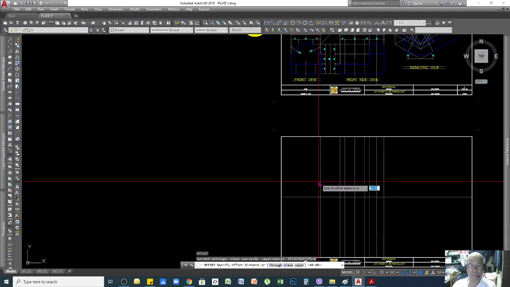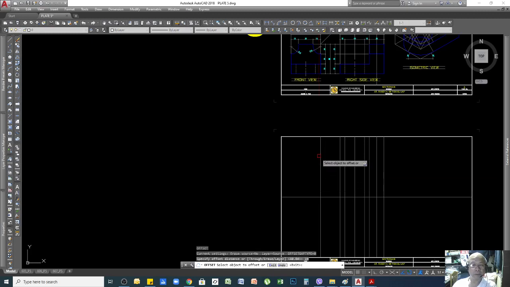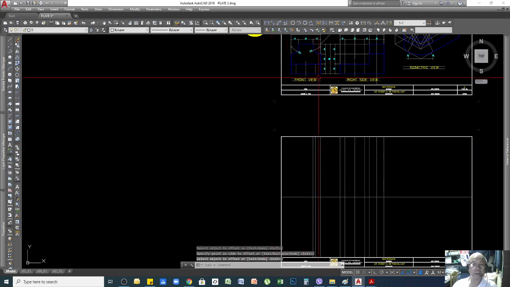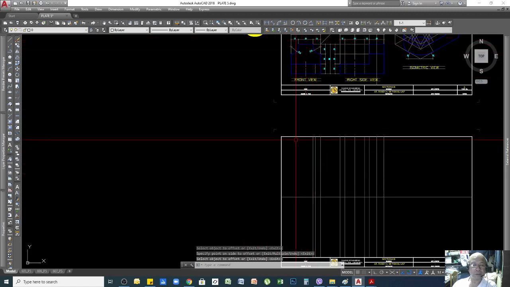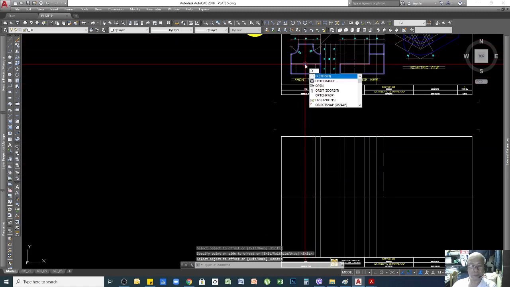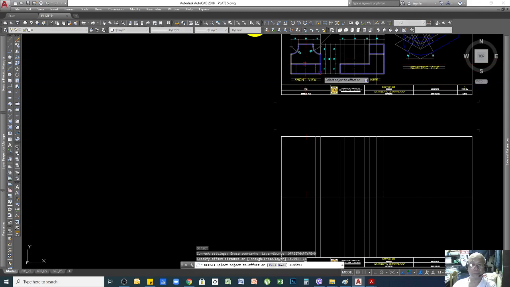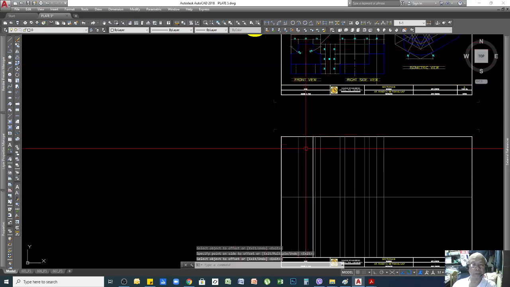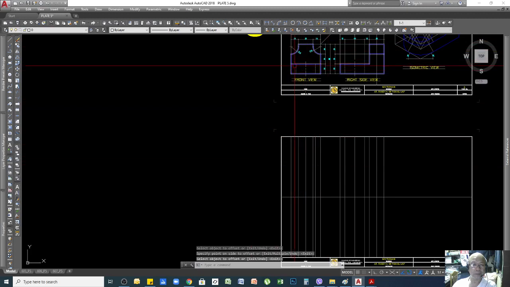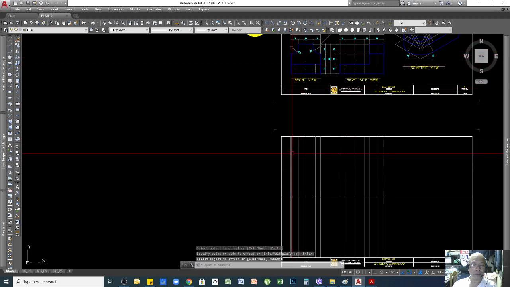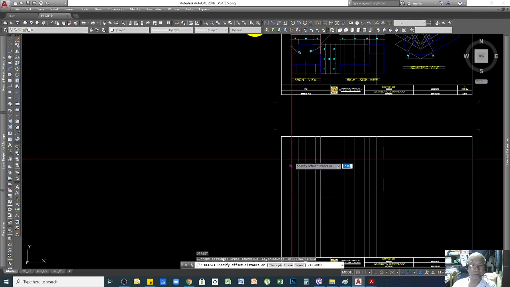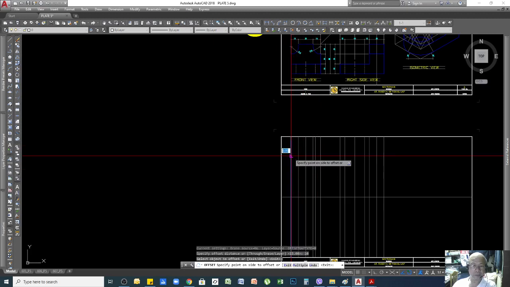So offset, I need 10, and then since this is 15, I just offset 5. Okay, and then 30, to get the center line, I will offset 15, 15, 15, and then I need the remaining 15. But I still have this line which is 10. I can offset either this line 5 or this line 10. Offset, I'll use 10, then I'll use this line 10.